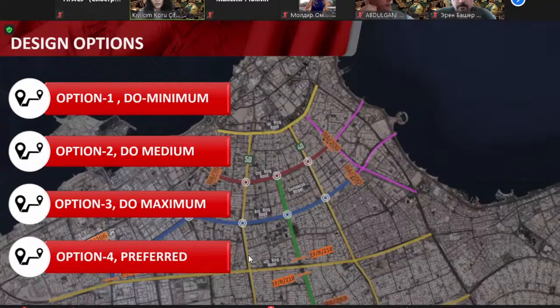Option one was do minimum. For option 2, do medium. Option 3, do maximum. And following this, we have created a good alternative, as we call preferred. Considering the collective data